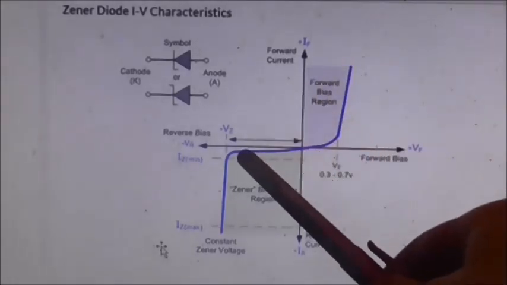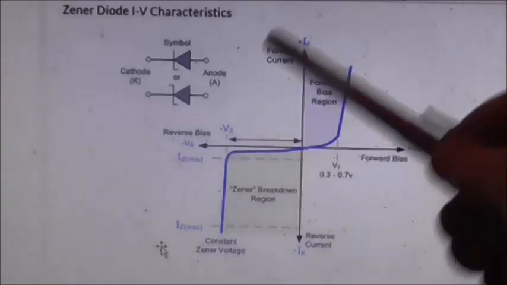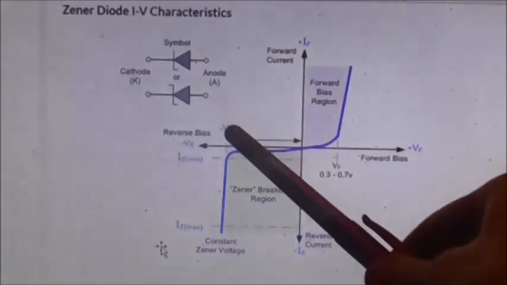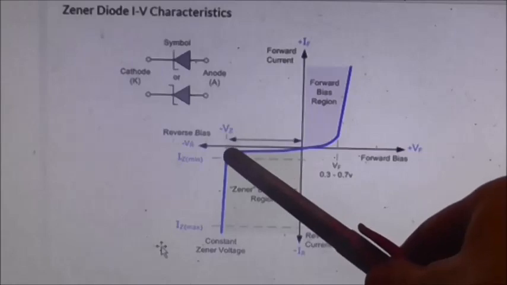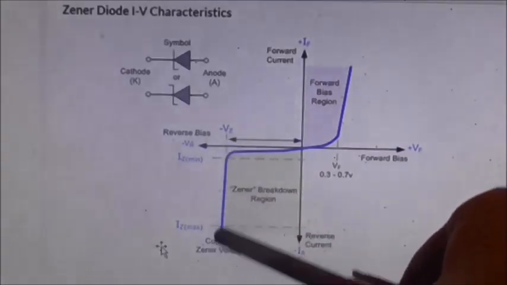As we approach the minimum current for conduction, we experience a thing called an avalanche breakdown, and this is what the Zener diode is designed to do. When it gets to the avalanche breakdown, it starts to conduct a voltage over there